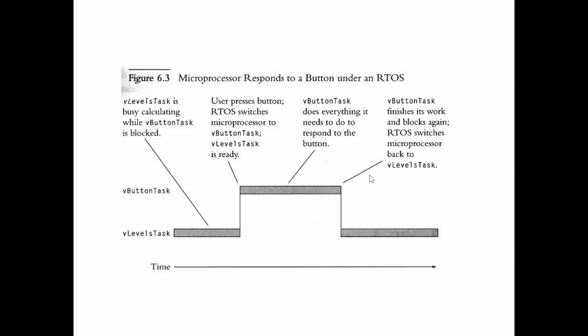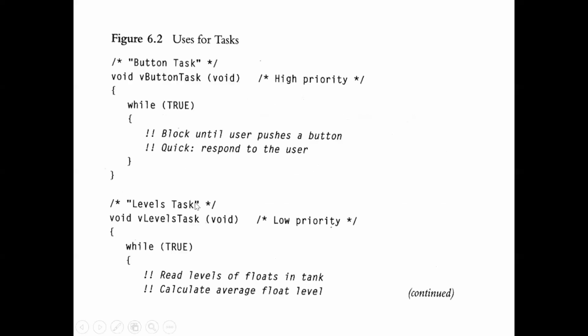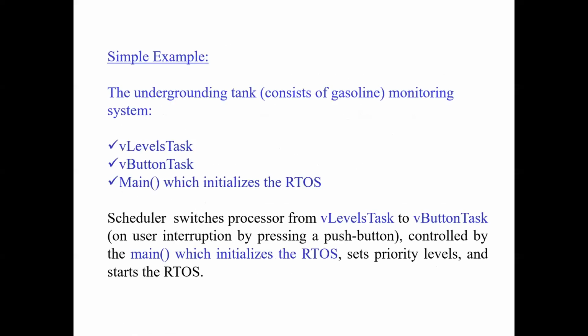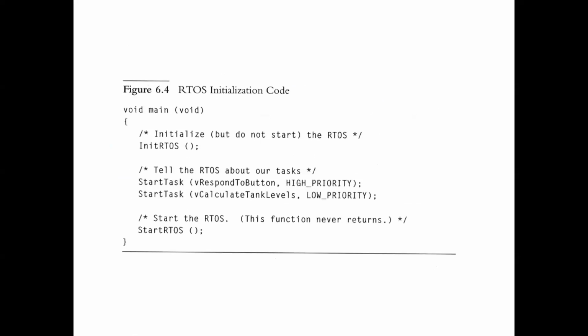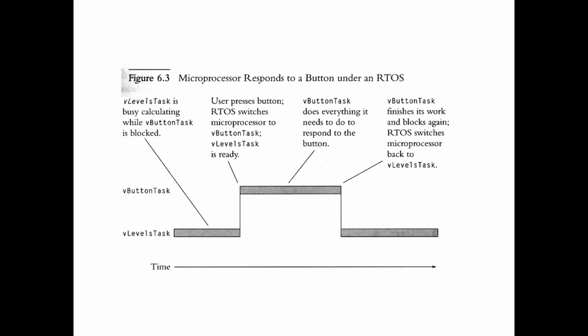Maybe we don't have the time. It's 12 o'clock. But I think you have understood this application. You have a tank, you have two tasks, you have how to write a task in RTOS, task 1, task 2. And then you have to write the main RTOS. Here you have to add your actual tasks. And you have to start the RTOS. And this is the diagram that will help you to understand the switching of your task in between all these three tasks.